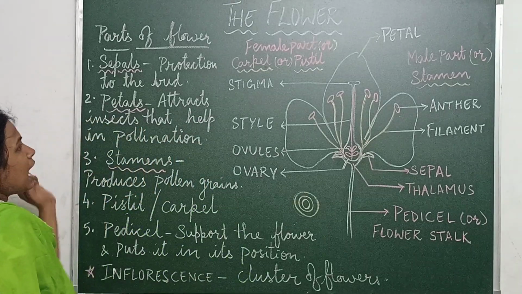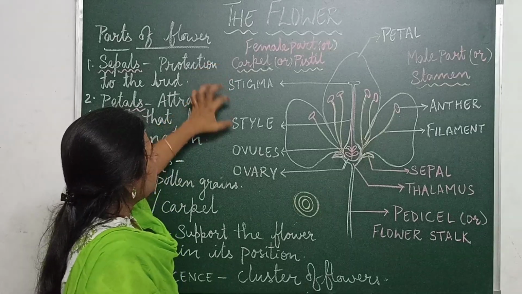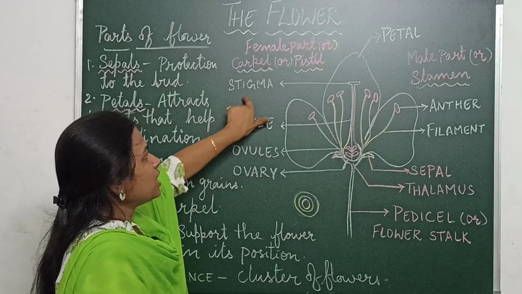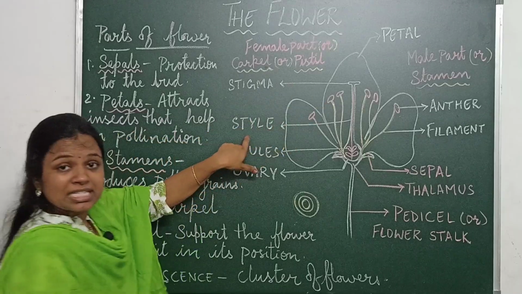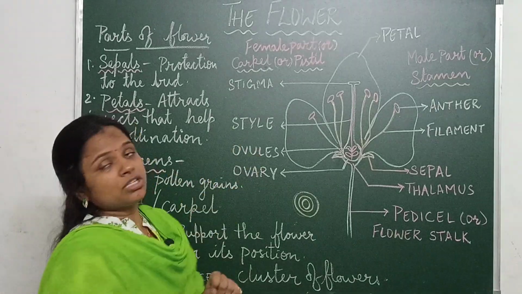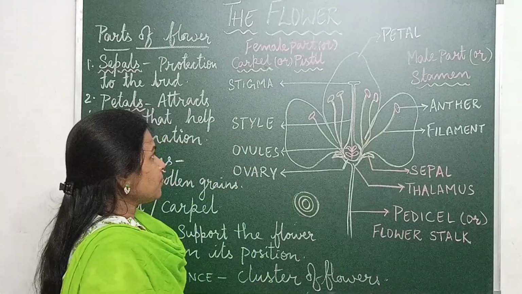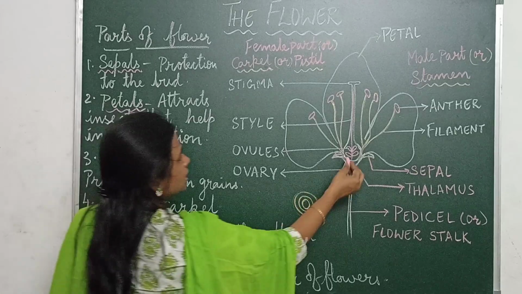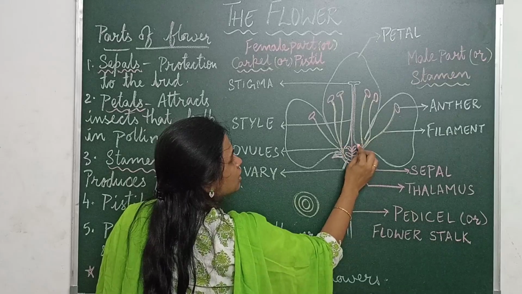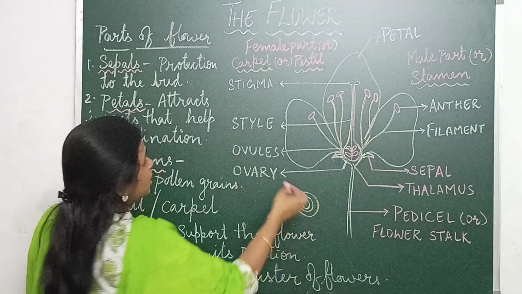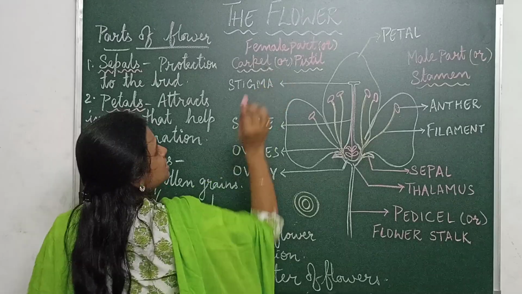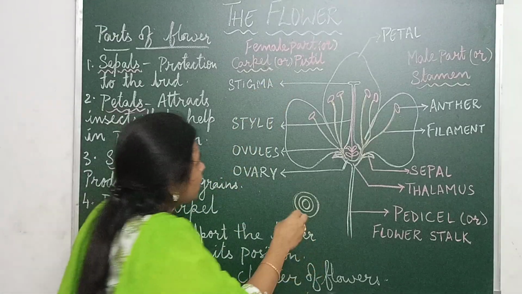Now the carpel actually has got three, or rather four, important parts. The first one is the stigma, the next one is the style, the next one is the ovary, and inside the ovaries you have the ovules. So here you can see this particular middle portion. There is a bulb-like structure present at the center of the flower, that is nothing but the ovary. This pistil occupies the central ring.